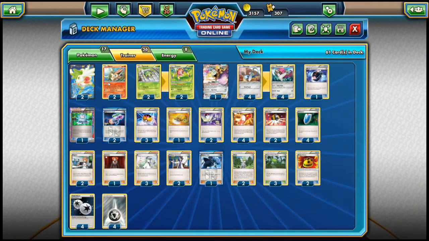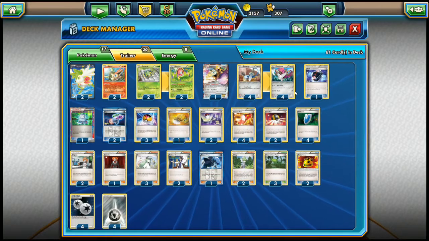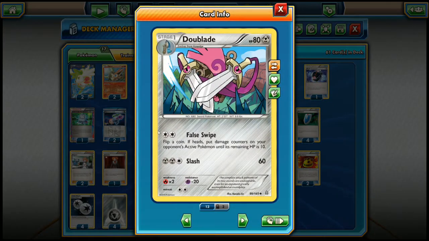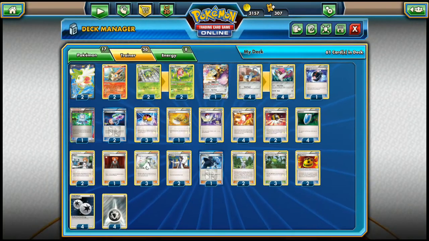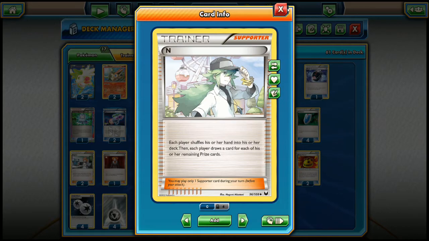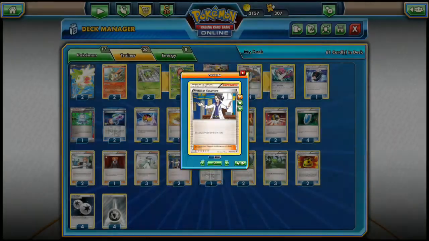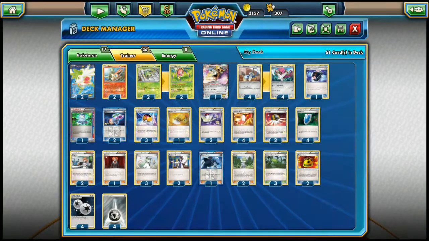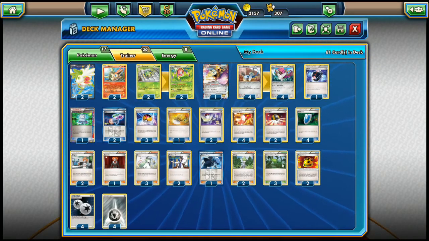from the Ariados. Then we run 2 copies of the Victini in order to make this deck a bit more consistent. Victini allows us to reflip if we flip tails on the False Swipe of the Doublade, so we get to flip twice for the double colorless attack. And that's it for the Pokemon line. We do run 2 Shaymin for draw support. The other draw support in this deck are 3 N and 2 Sycamore, and that's really it for the draw support in this deck. We run 4 Metal Energies and 4 DCEs as the energies,